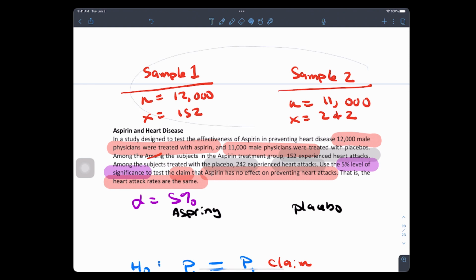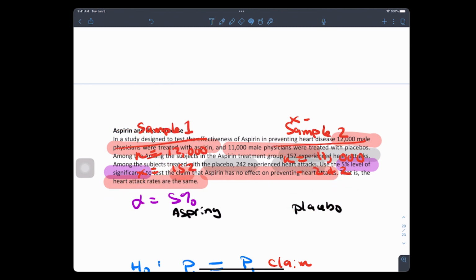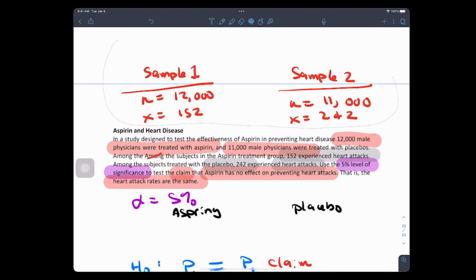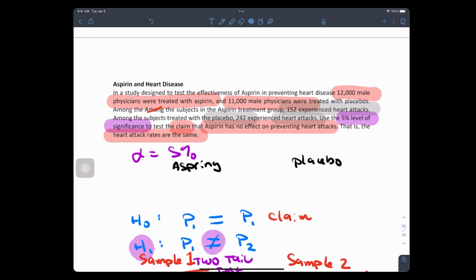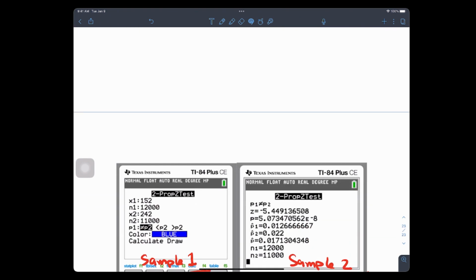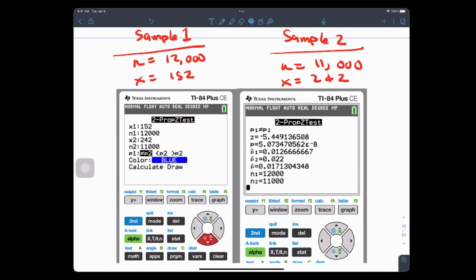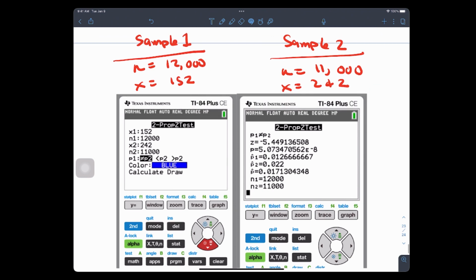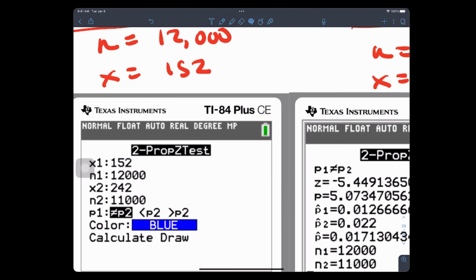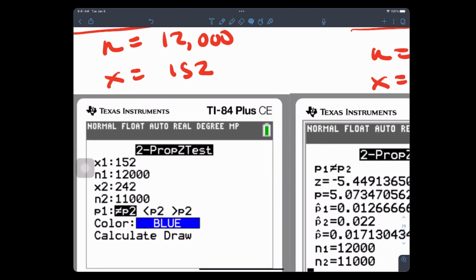Anyway. All right, here we go. Let's copy this. Or move it down. All right, so we're going to have to enter some information. What do you guys think? Two proportion z-test. You guys even see it right in here? What do you guys think? You guys like that?